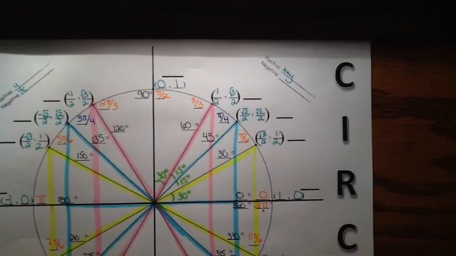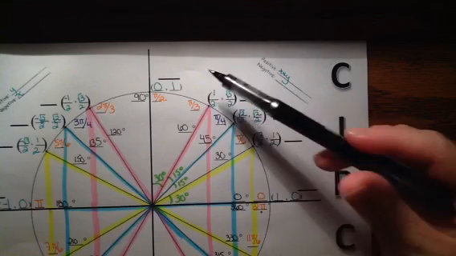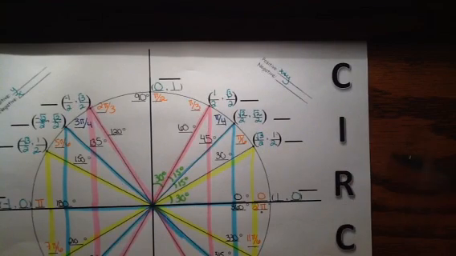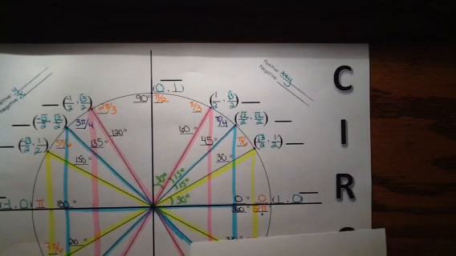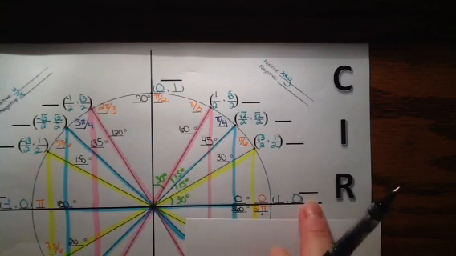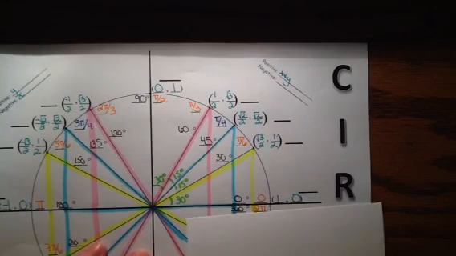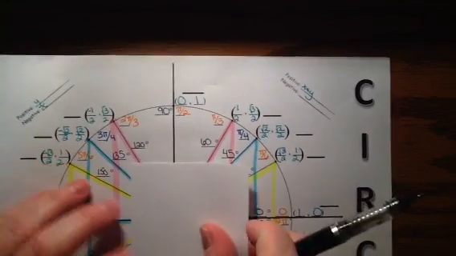Okay, so now I have my unit circle back in front of me, and I hope that you've noticed that you have these little lines out to the side. Well, these lines are what we're going to write the tangent values on. So I'm going to start down here at this ordered pair, and we know that tangent's definition is